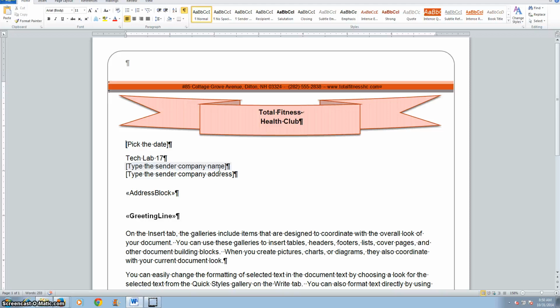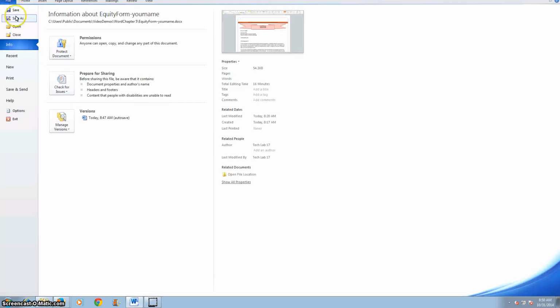Okay, this is all we're going to do for this lesson. This created our letterhead for our document. We're going to create a folder while saving, so we're going to resave this file. So in your documents area, we're going to create a folder, and we're going to name this Health Club form letter your name. So file, save as,